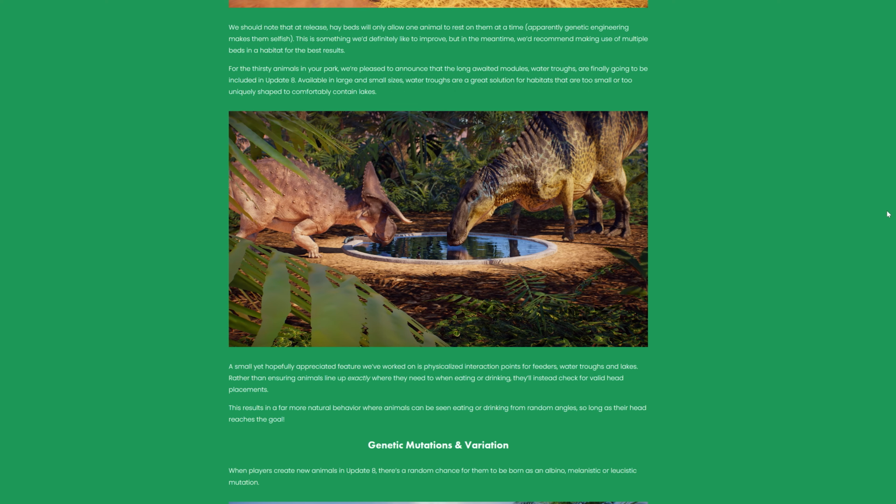For thirsty animals in your park, we're pleased to announce that the long-awaited modules, water troughs, are finally going to be included in Update 8. Available in large and small sizes, water troughs are a great solution for habitats that are too small or uniquely shaped to comfortably contain lakes. I adore this design. This is amazing. This water trough design is great. It's awesome. It's something that easily can be fit into habitats, integrated. It doesn't look too clunky or large. It's